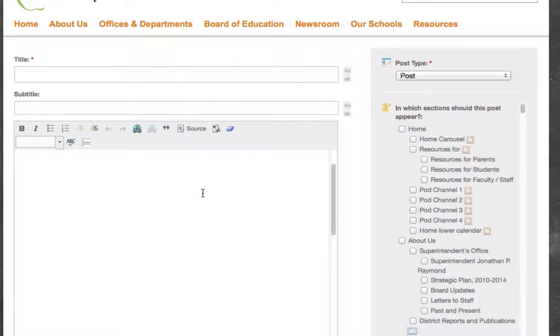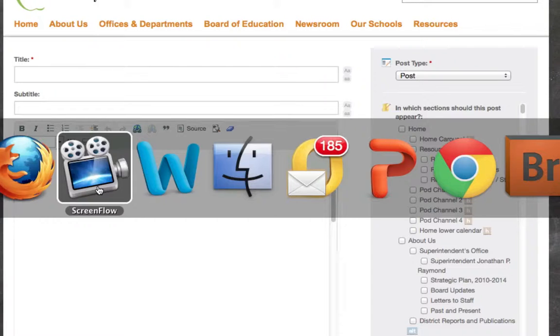Sometimes you may have copy that you are just going to type in here, but most of the time you may have a document already set up in Word or a PDF that you want to copy from. So that's what I'm going to do in this case. I'm actually going to be adding a news article to the communications department page. So I'm going to go over to my Word document